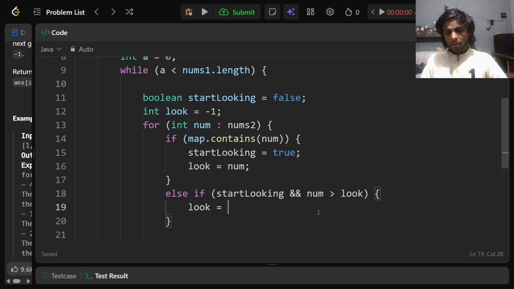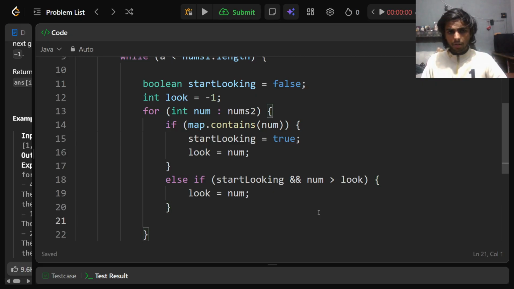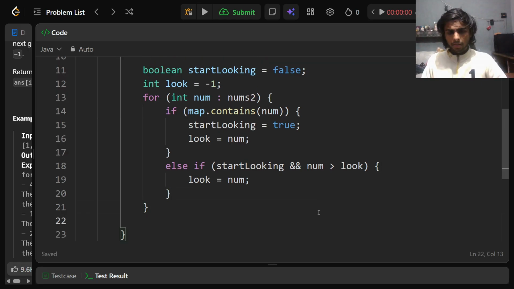Look is that number, and at the end just if look is not equal to